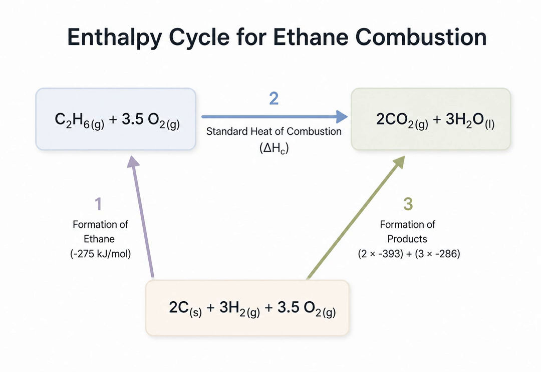Because we cannot point arrows into an element, since elements are not formed, they are the starting point, we place our constituent elements at the bottom. From these elements, we draw arrows pointing upward to form our reactant, ethane, and our products, carbon dioxide and water. The enthalpy change that leads to the formation of these compounds is derived directly from their standard heat of formation